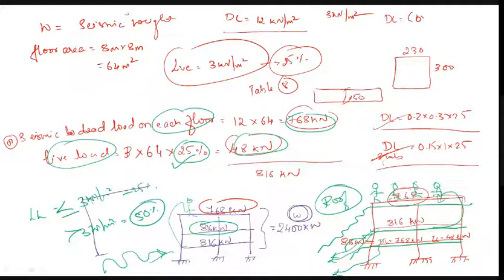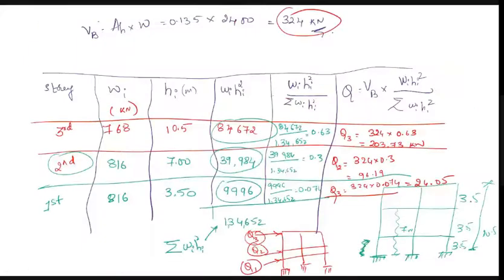So we have calculated the different loads on the different floors. We will add those and we will get the seismic weight. After getting the seismic weight, we know the value of Ah and we know the value of W. So we will calculate the design base shear. In the question, if he asks to determine the lateral forces acting on each floor, on floor number 1, 2, 3, 4, then we will go for this table.